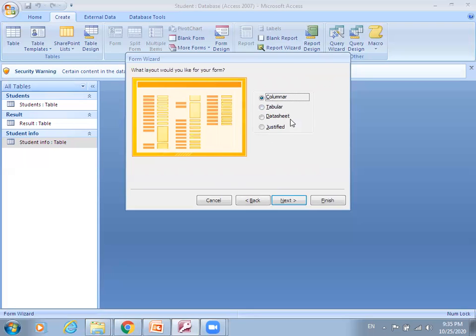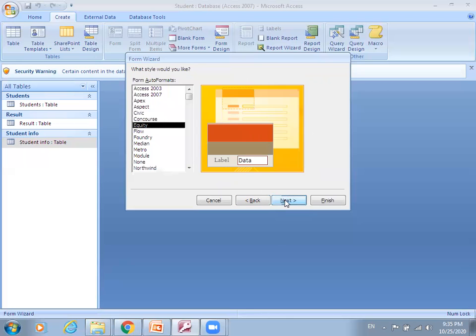Here we have the layout of your form. Which layout do you want to select? Here we have column, tabular, datasheet, and justified. So here by pressing this radio button, you can view some preview. So select the column layout, then press the next button. In the next step, you can choose different styles.